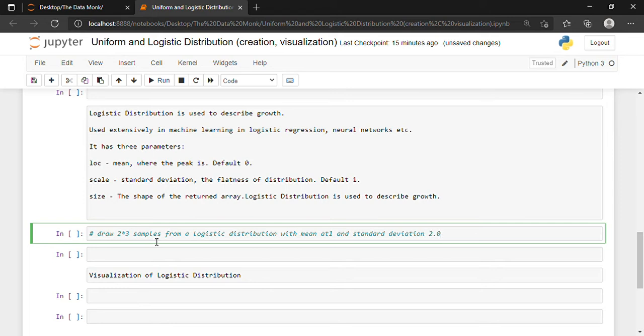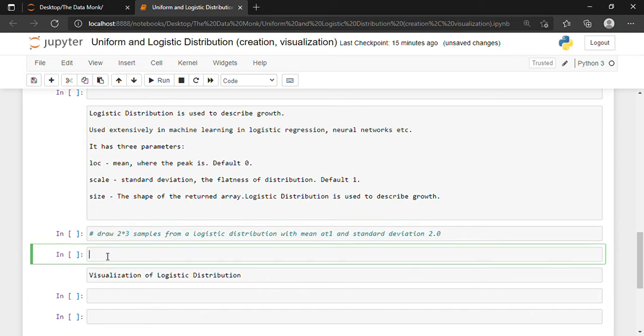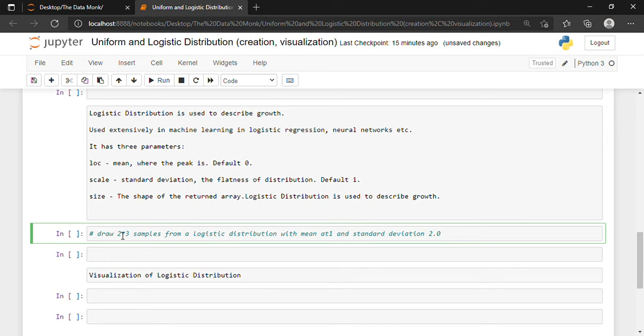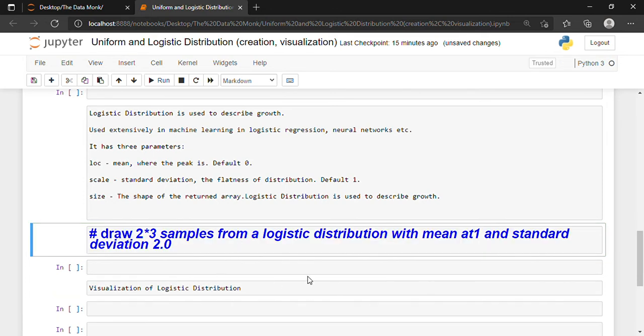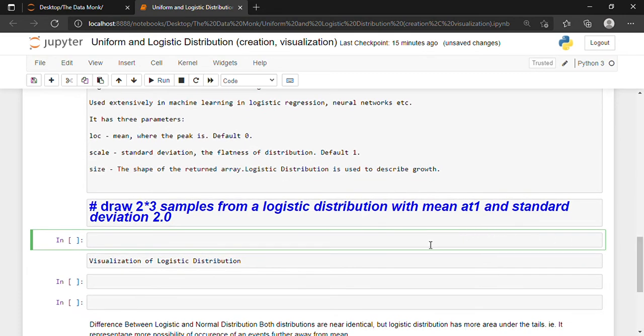All right, okay, so how can we do that? For doing that, we will have to write x is equal to random.logistic, loc is equal to 1, scale is equal to 2, and size is equal to 2 comma 3.